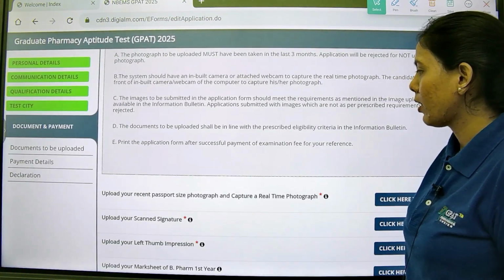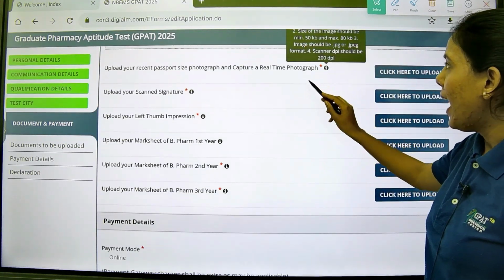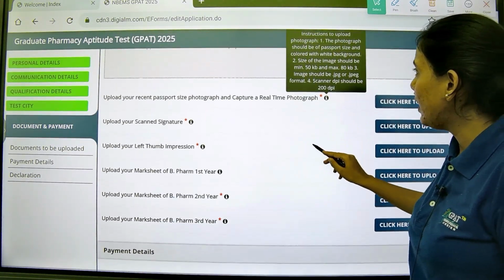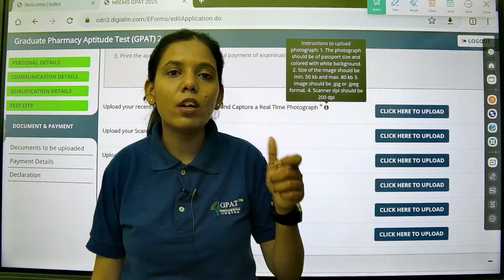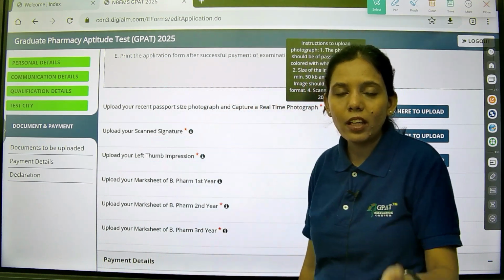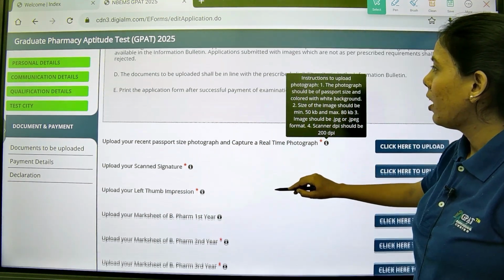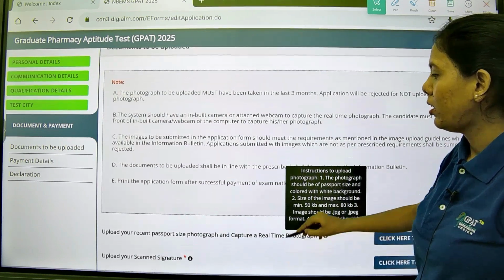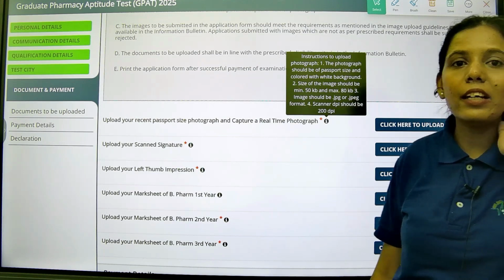Then comes upload your documents. This is very important. The details we have already seen in the previous video. Please see all the instructions related to the photograph, the scanned signature, the thumb, everything is there. For example, upload your recent passport size photograph and capture a real time photograph.